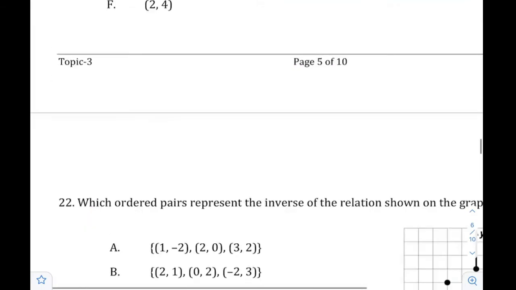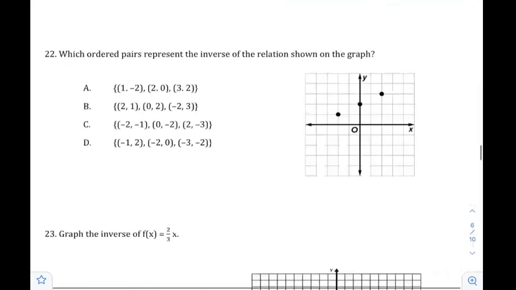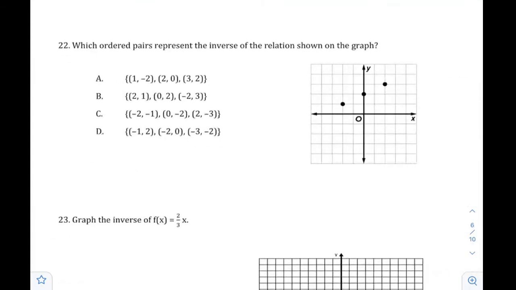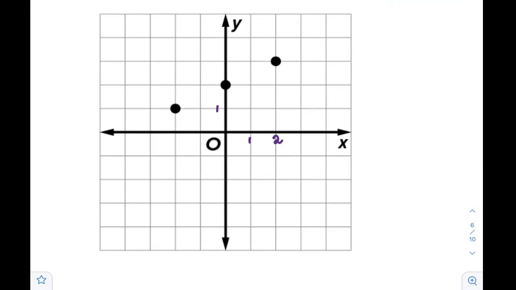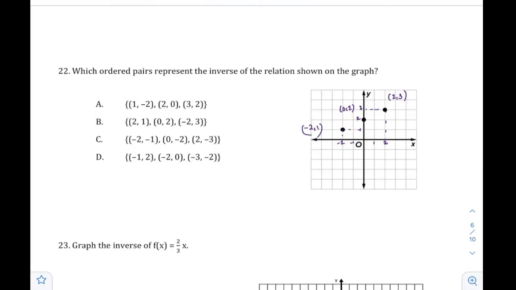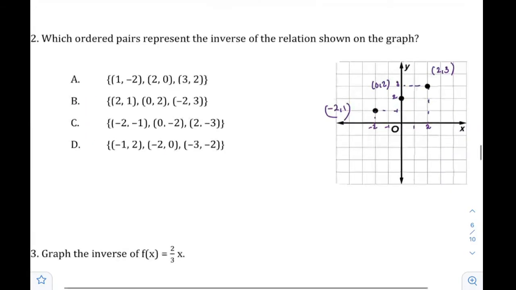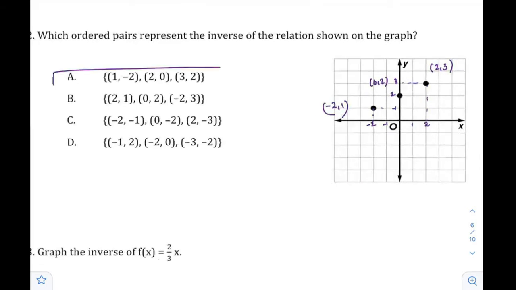Question 22. Which ordered pairs represent the inverse of the relation shown on the graph? In this case, the points are not stated clearly, so we will find the coordinates for each one. If you mark the axis, this point is 0, 2 originally. This point is 2, 3. This point is negative 2, 1. This is the original relation. If you flip them, if you interchange the x and the y, then obviously A is the correct